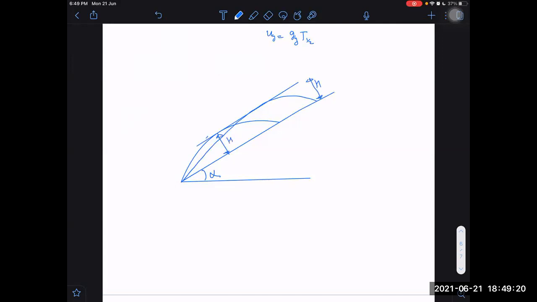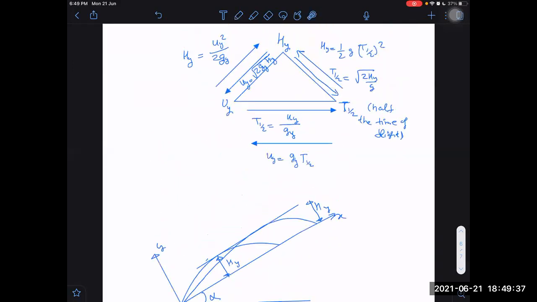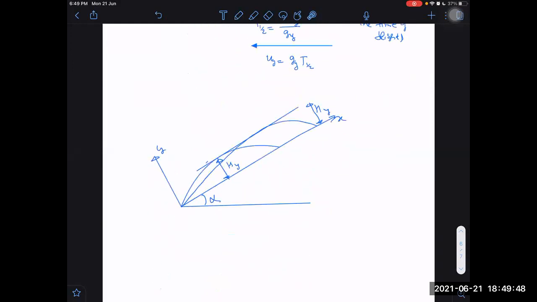So what will be common in these two? If hy is the same, then many things will be common. Although one is covering more path and the other less, I can still guarantee one thing: their time of flight will be the same. Because time of flight can be directly obtained if height is known. Sorry, I wrote g; I should have written gy. So is gy fixed or not? What is the gy value for such cases? If it is making an angle alpha, then gy will be g cos alpha, right or not? Yes, sir. Gy will be g cos alpha.